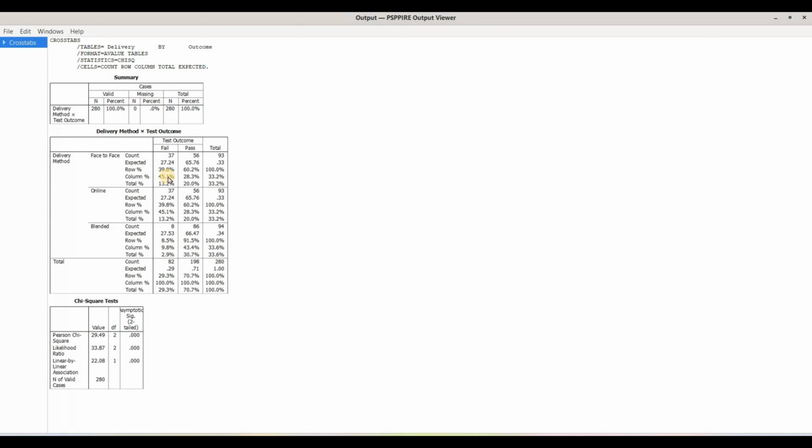And for the column percent, if we look here, it says 45.1% of those who failed had face-to-face. And then we come down further and look here where it says another 45.1% of those who failed had online. And when you look here at this column percent, it says 9.8% of those who failed had blended. And if you consider pass, you look here, it's saying 91.5% of those who passed were blended. And if you look right here where it says 28.3% of those who passed had